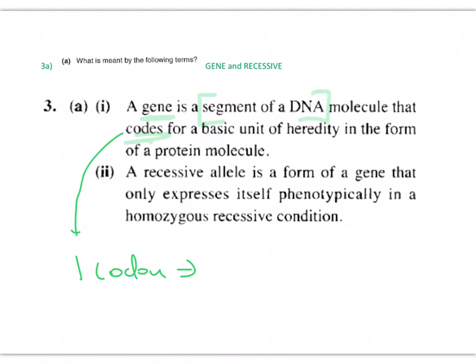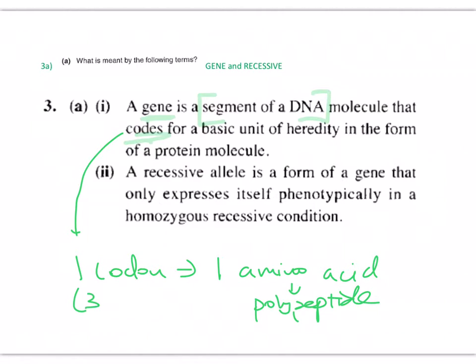Okay, it will code for one amino acid that will eventually form the polypeptide and eventually form the protein. Okay, and that's the sequence of bases, correct? So I'll just write here 3 bases. Okay, term